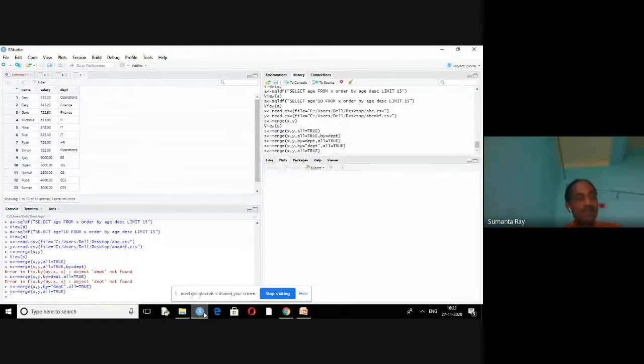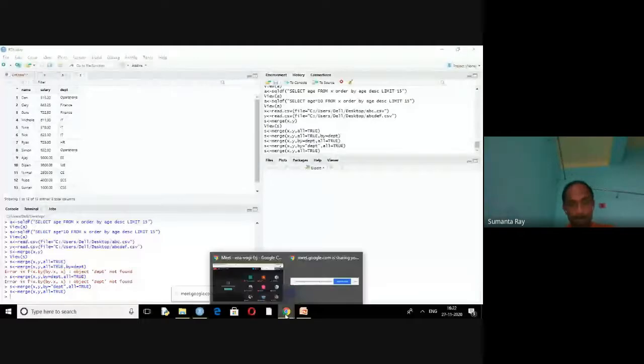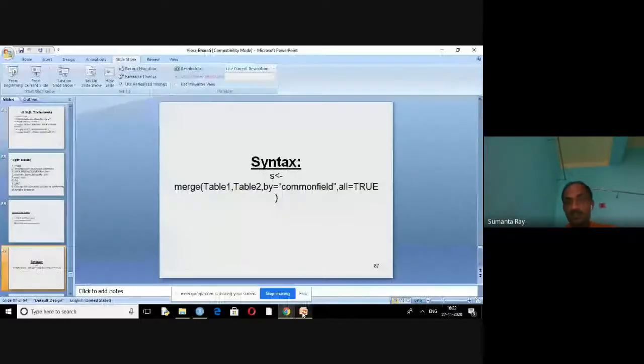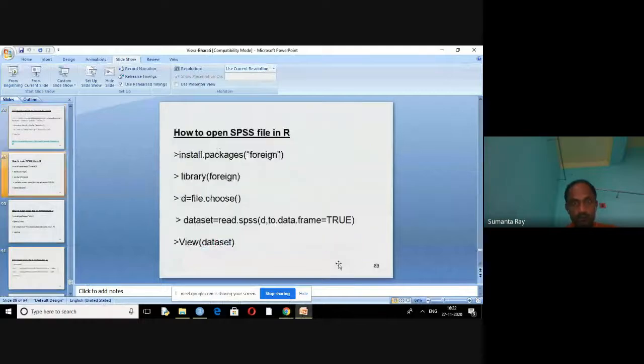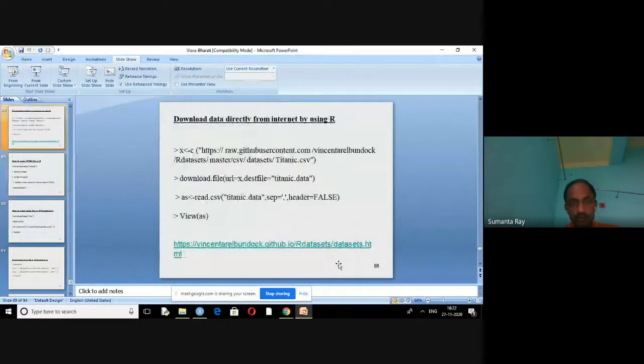I have taken two simple examples. You can merge bigger tables, big relations also. That is a specific column.